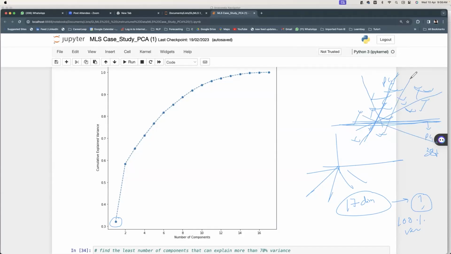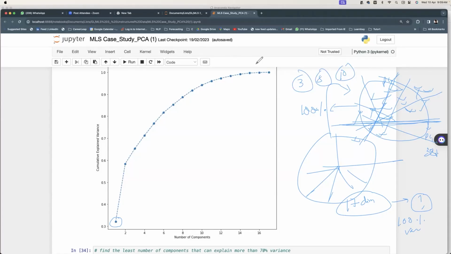And PC4 may be something like this. Like this, again, I will have 17 dimensions, okay? But again, if I take all 17 dimensions, definitely it will cover 100% of the variance, for sure. But what's the point of taking 17 again? Already I had 17 initially. After doing PCA transformation, if I take 17 again, what's the use? No use. So it makes sense if I take 3 dimensions or 8 dimensions or 10 dimensions, still it is better, right? But if I take only 1 dimension, it is covering 38%, let's say. If I take 2 dimensions together,